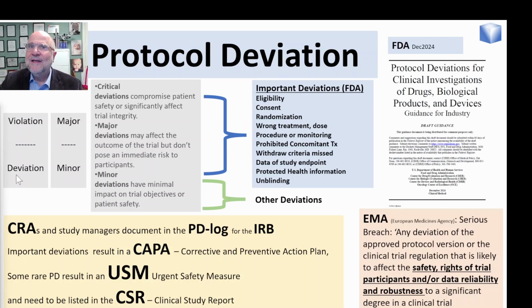Violations were worse. And later this nomenclature was dropped and it was substituted with deviations and classified in major and minor. Violations, or the later term of major deviations, were those that affected either the safety of the patient or the integrity of the data. Just those 2 points, nothing else. And those are fairly high-level umbrella points. They're not quite clear always. If they apply, you needed to think about it.